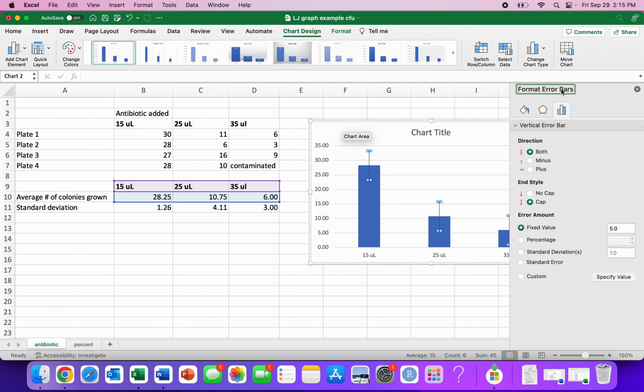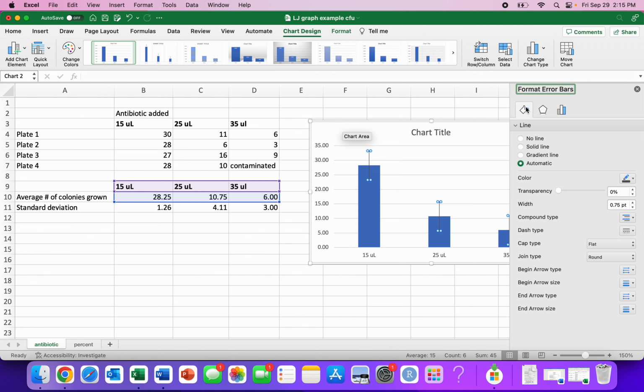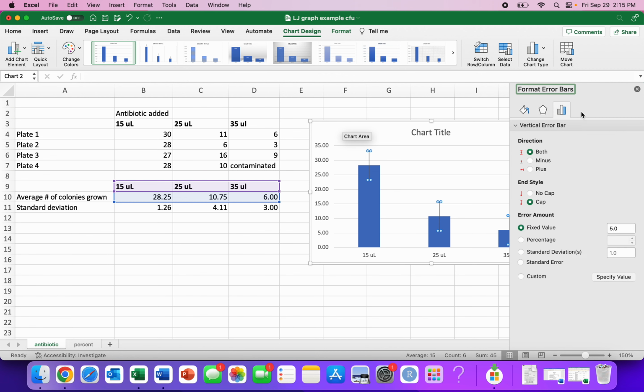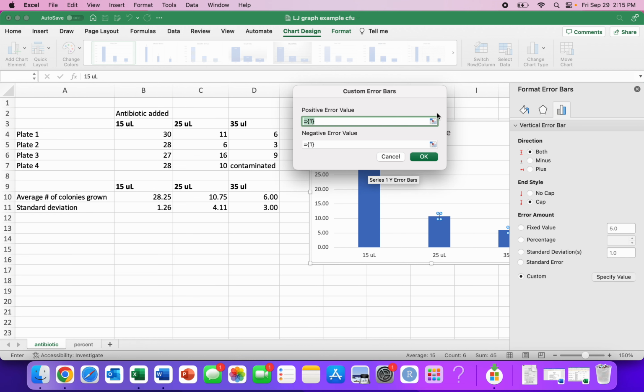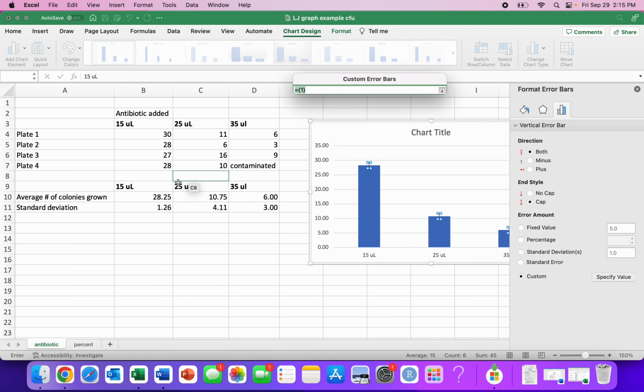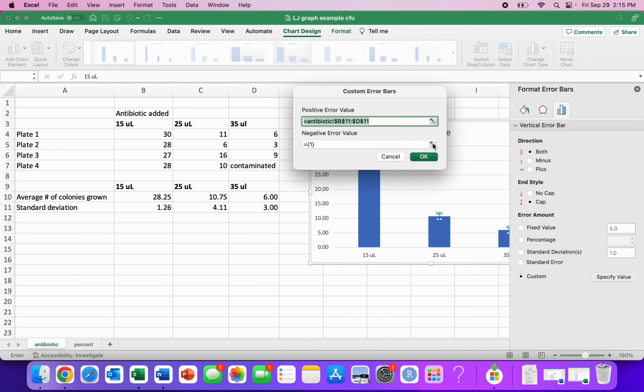So now we have this little tab on the right, and there are some different options there. You're going to want to select this one that looks like a little bar chart, and at the very bottom we can click Custom and then click Specify Value, and this little table is going to pop up. You're going to click whatever little icon is right here to select the cells. So we're going to select all 3 of our standard deviations for our 3 bars, enter, and then we're going